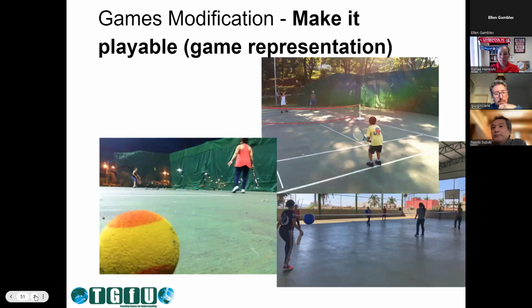In this other slide, you can see some other ways of adaptation. In the first picture, there is a foam ball being used for adult women beginners. Normally, the foam ball is used for kids in the first stage of learning, but we can also use it for adult beginners, like we did here. Notice the picture of two women playing with each other without a net, which was another modification made to make the game playable for them.